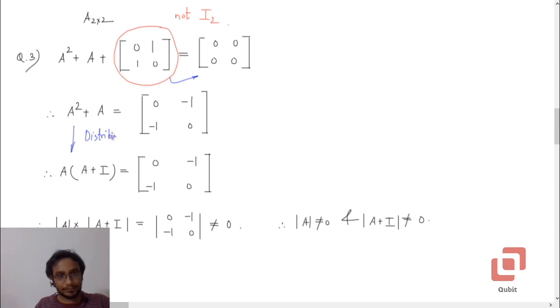And if you do that, then you will get A multiplied by A plus the identity matrix of order 2 equal to this same matrix. And because the options were regarding the invertibility of A and A plus I, it is enough to find their determinants. Or it is enough to establish what values the determinants of these 2 matrices can have. Now for this we recall the property.